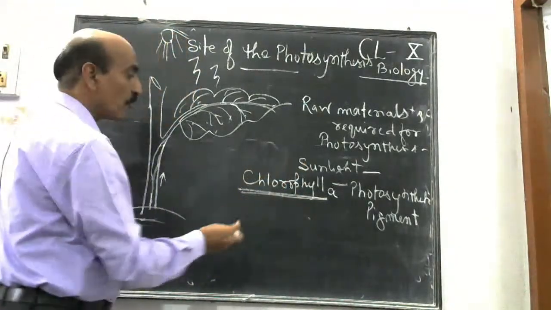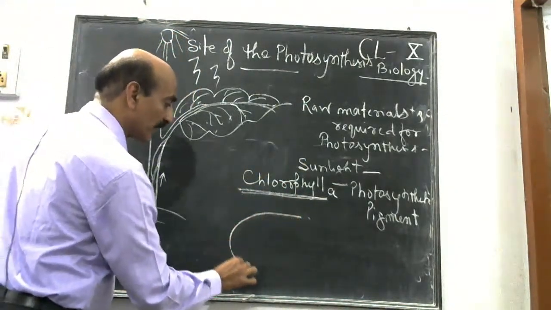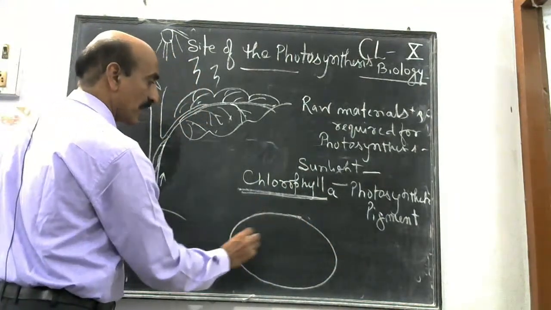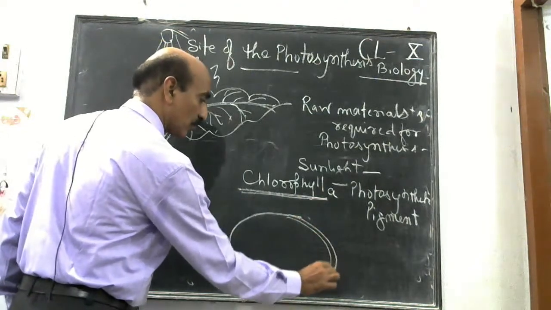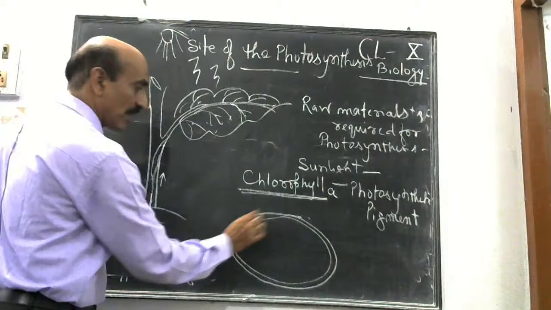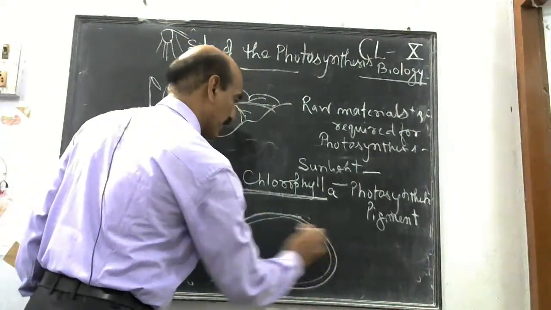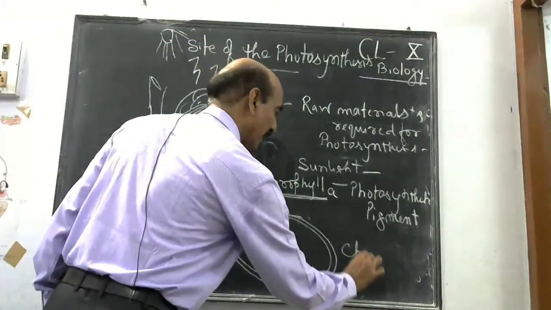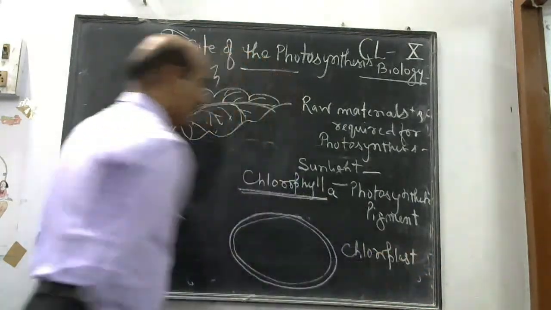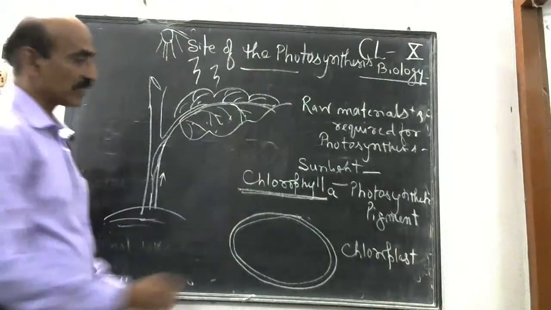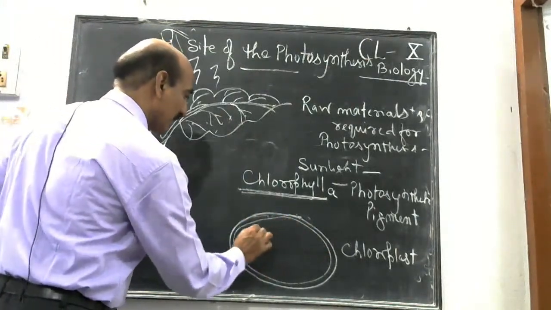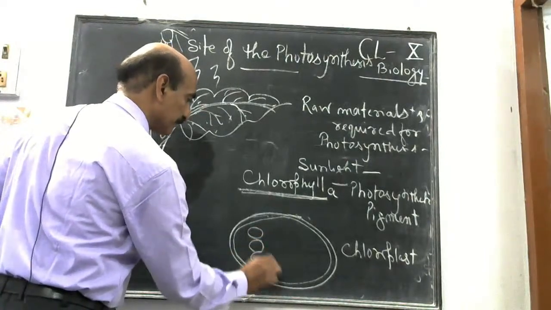Where will it be found? It is found in the largest cell organ of the plants, which is called the chloroplast. Now this is the chloroplast. This is the largest cell organelle. Now where will it be? Inside the chloroplast. The pigment chlorophyll is present in the cell organelle called the chloroplast. Chloroplast is a double